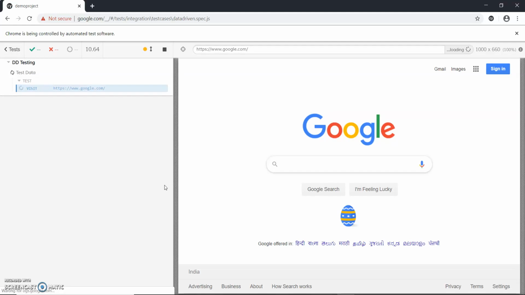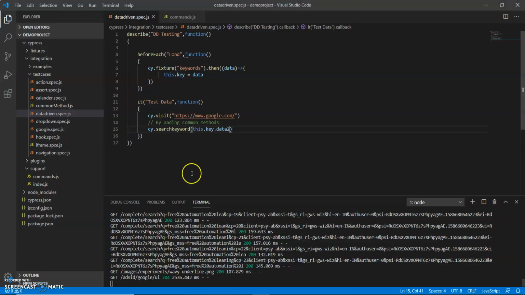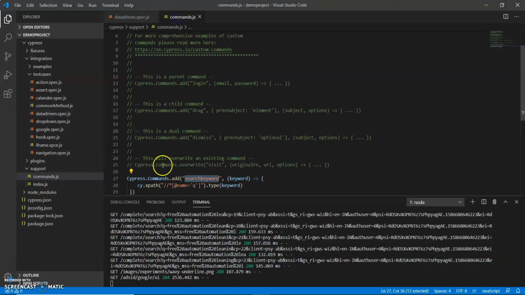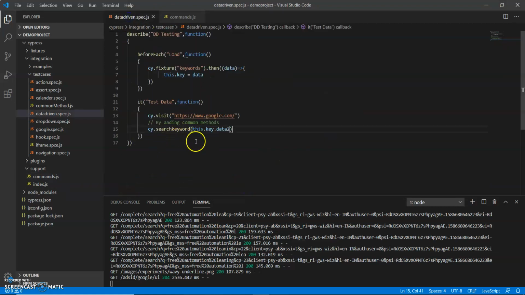Currently it is loading google.com, and you can see it is working correctly, right? So we just created a common method by using this syntax, and we pass that method here.